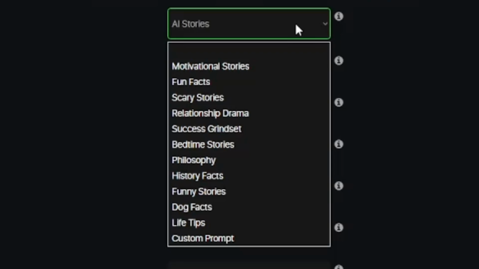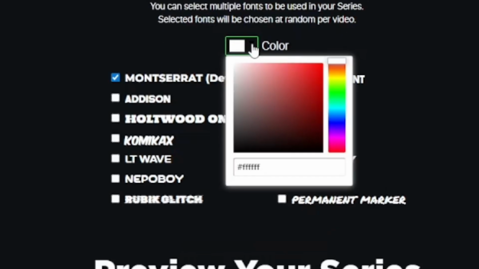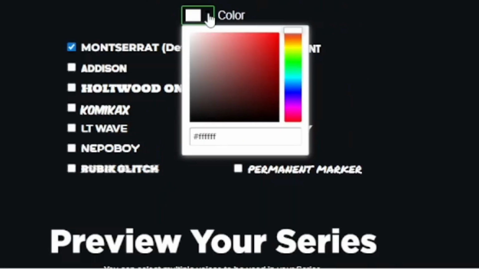So we select it, then we swipe up and say select your fonts. You can select multiple fonts to be used in your series. We can actually click here so as to check out. We can go with the default setting, right? Then we select the handwriting. I'm going to go by this one here. Or if you want, we can actually leave the default handwriting. We move on, we say preview your series. These are the series which are going to be